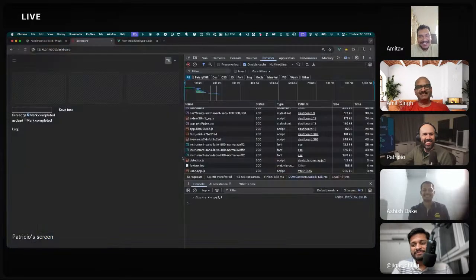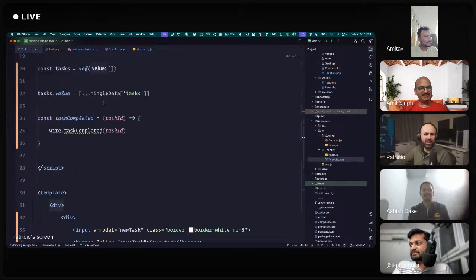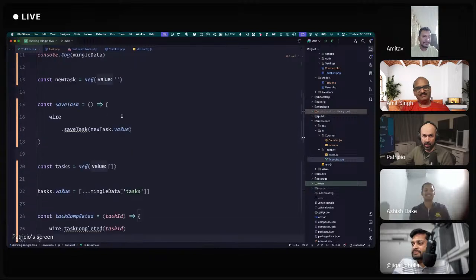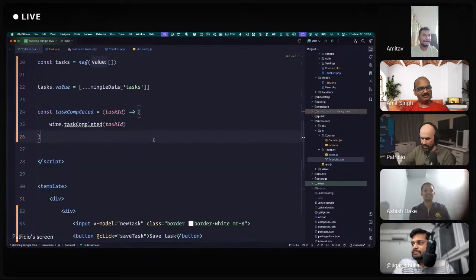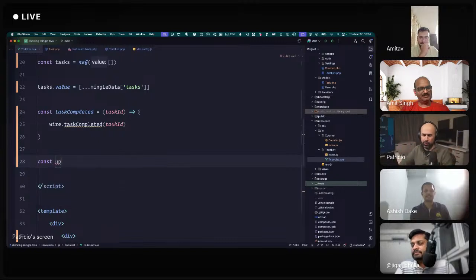What we wanted was to update the tasks, right? So let's not think in amount of requests or anything. Let's just make it work, and then optimizations could come next. So I would say update task list, right?